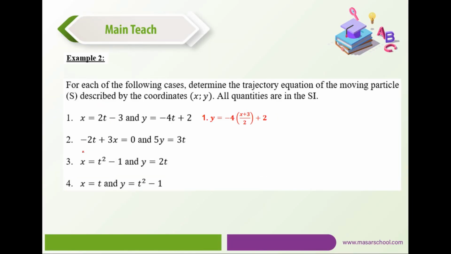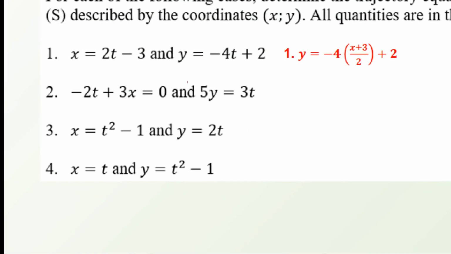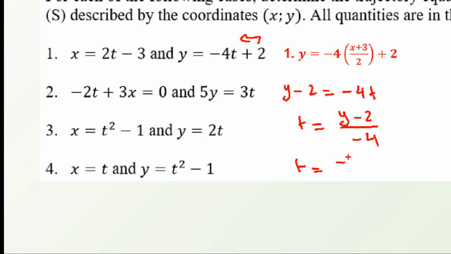Knowing that this can also be attained by isolating t from this one. So y minus 2 is equal to -4t. I have dragged 2 to the other side. Dividing by -4t would be y minus 2 divided by -4, and this can also be represented as t is equal to (-y plus 2) over 4. And if we replace t back again, then x would be given by 2 times (-y plus 2) over 4